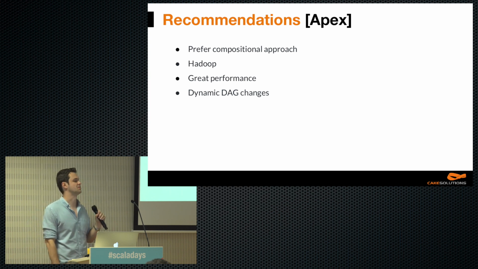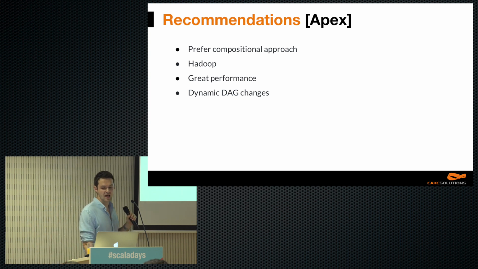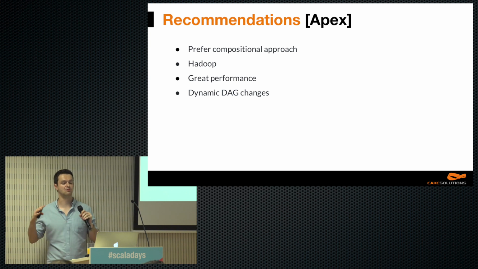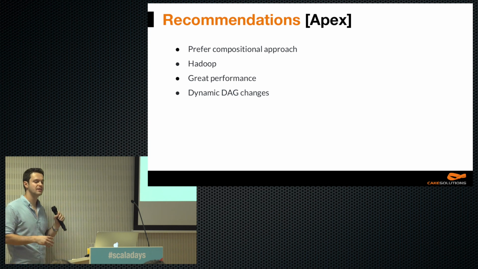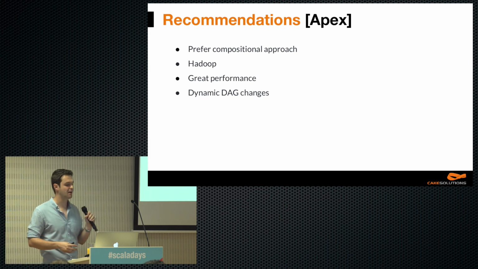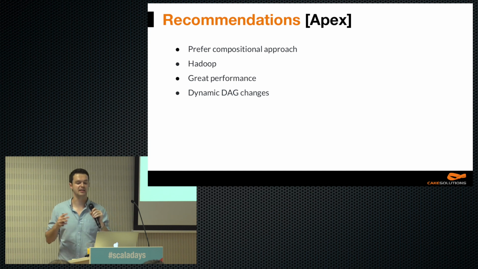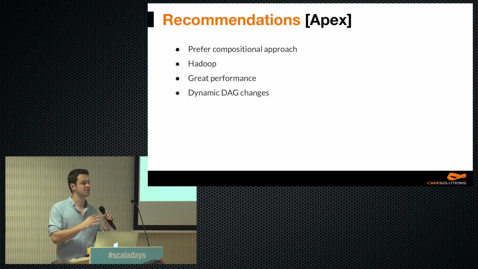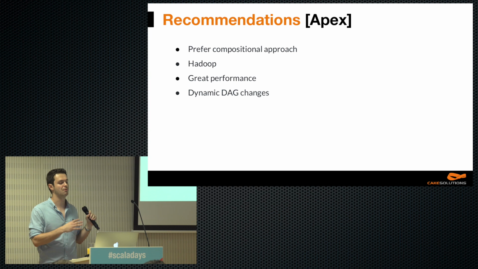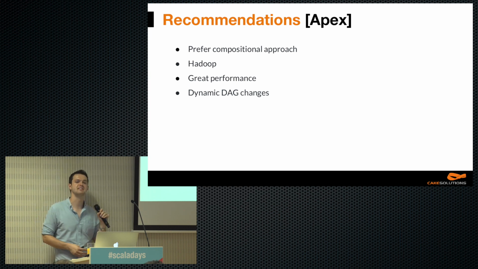If you prefer a low-level compositional approach, and you are also Hadoop positive, I believe Apex might be a great choice for you. It gives you fine-grained access to the DAG, so you can get the most out of it. Therefore, its performance, especially achievable latencies, are truly excellent. Moreover, Apex allows dynamic DAG changes, which is kind of a unique feature. As you see, Apex offers interesting options, which, as I believe, outweigh its emerging but already graduated status.